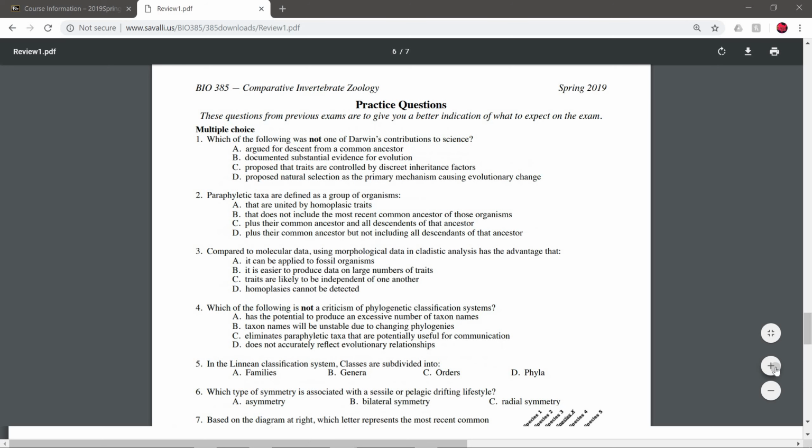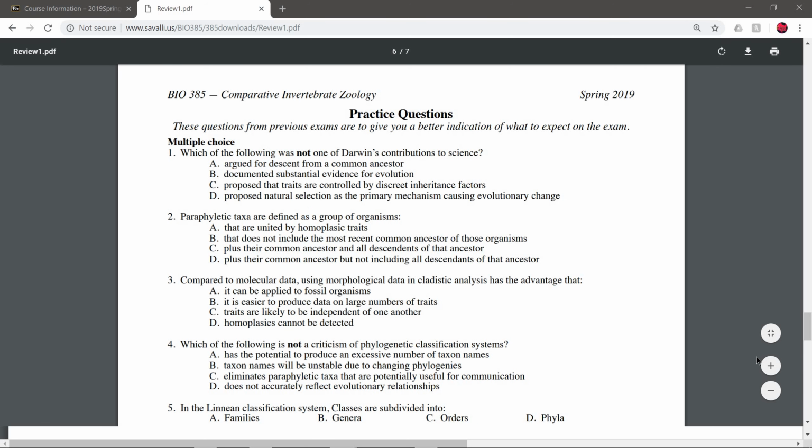Traits are likely to be independent of one another. That's actually kind of true for molecular data as well, isn't it? So that is actually an advantage. I think that might even be the best question here. And homoplasies cannot be detected. That is more of an issue with molecular data than with morphological data, where we might be able to detect homoplasies independent of the phylogeny. All right, so B is the one I was going for, but I think C might actually be acceptable as well. Anyway,